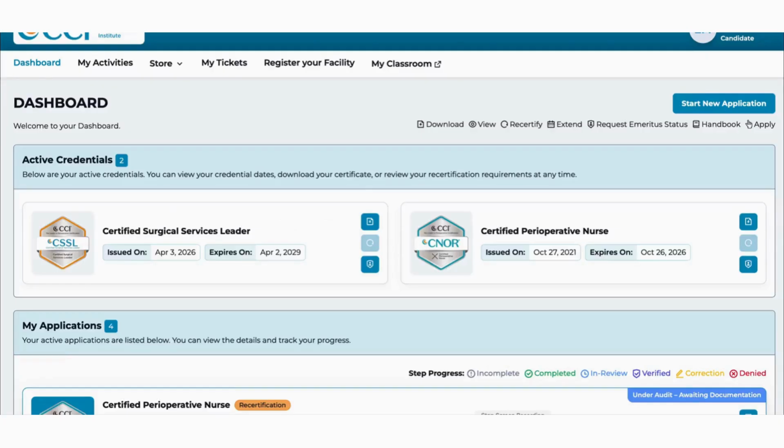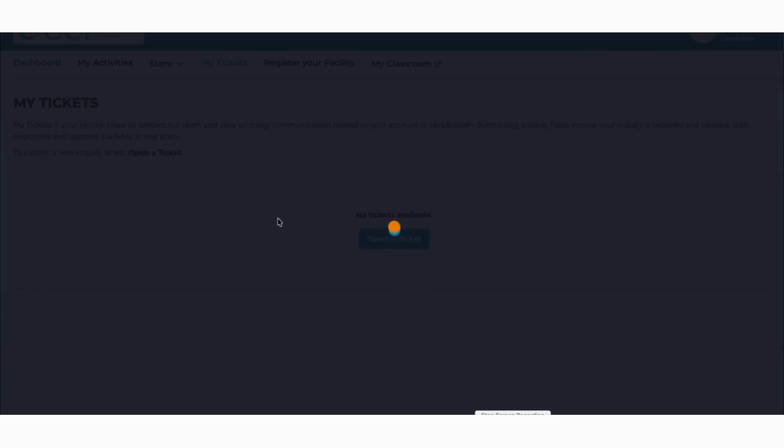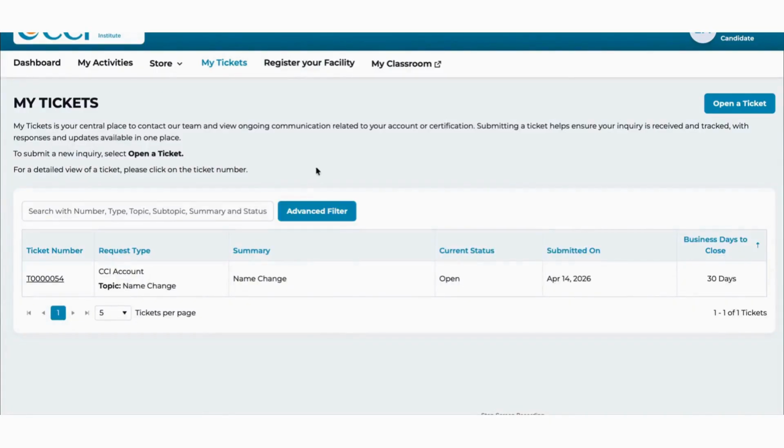In this video, we'll walk you through the steps to submit a support ticket. First, log in to your dashboard, locate the My Ticket section and click on it. Here, you'll see a history of any tickets you've previously submitted, and you'll also have the option to open a